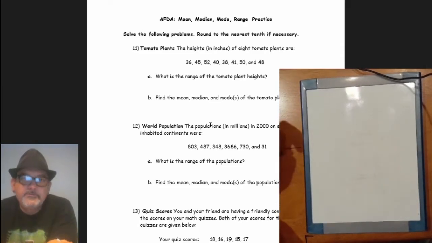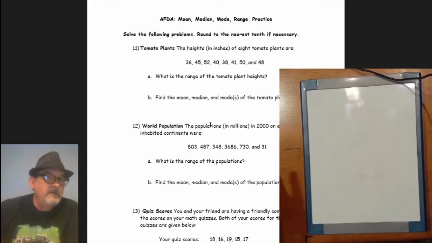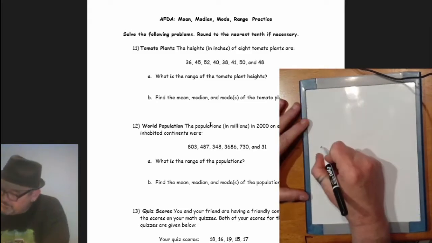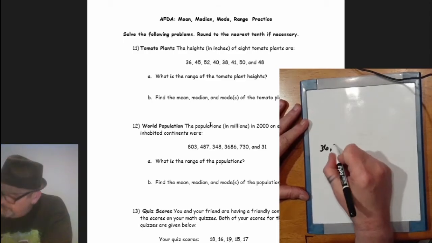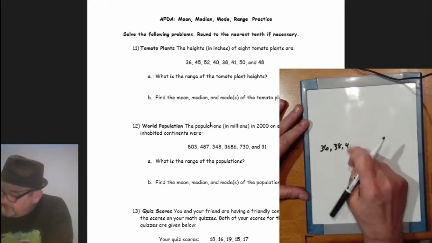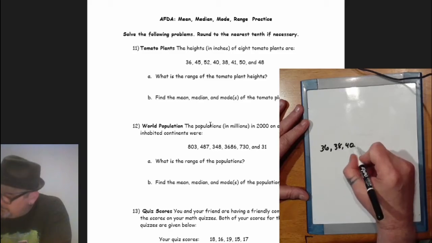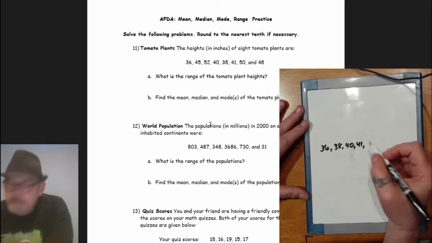So the first question, tomato plants. The heights in inches of 8 tomato plants are listed. So what's the range? Now, before we do anything, we need to put those numbers in order if I want to know what the range is. So looks like my smallest is 36, 38, 40, oh sorry, 40, my bad, 41, 45, 48,